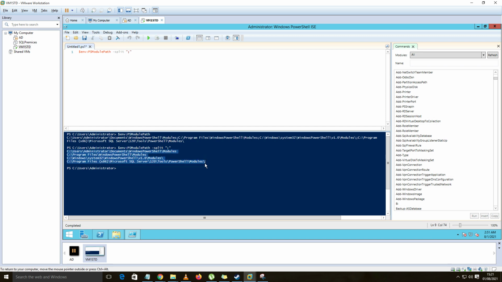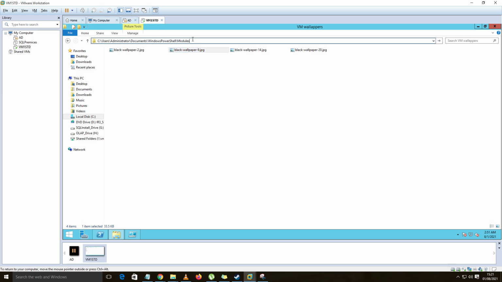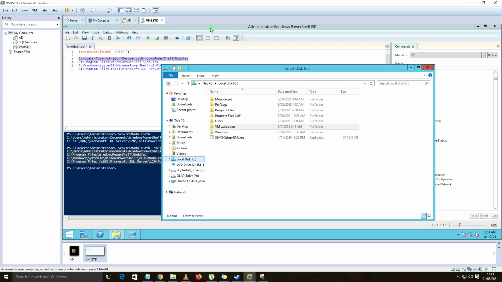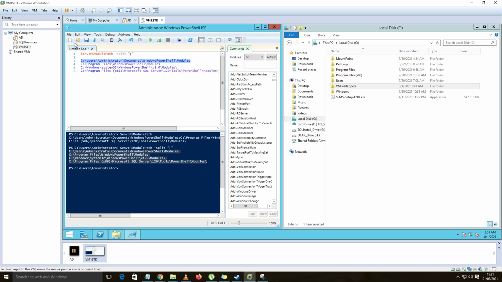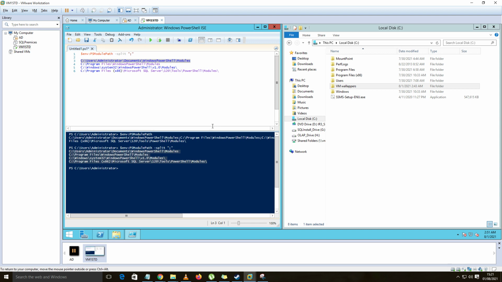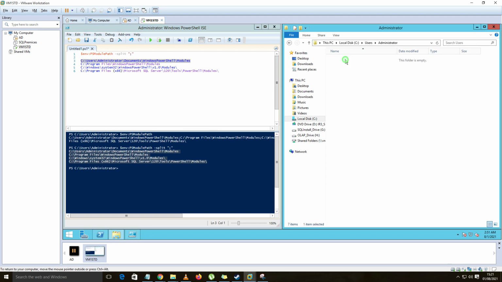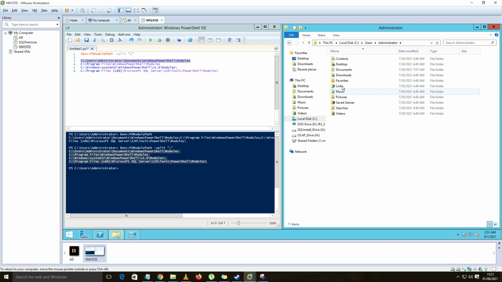If you go to the directories, let's go one by one. C drive, Users, Administrator, Documents. This is the Windows default directory. If no module is installed, it will not list anything here, but this is a default directory.